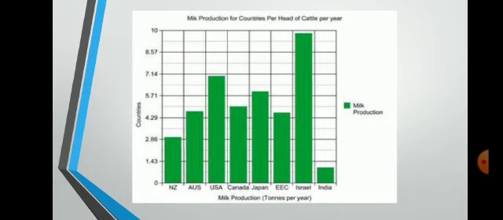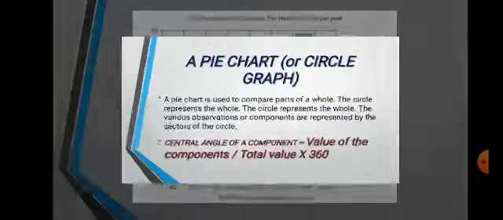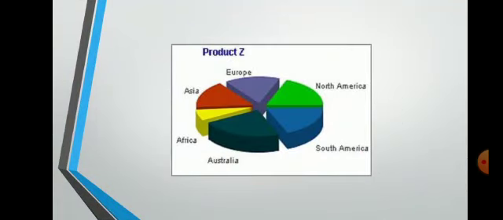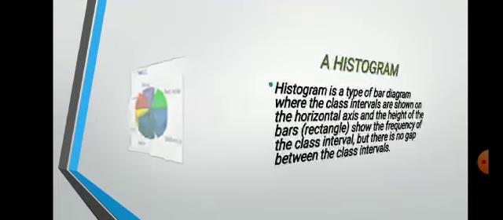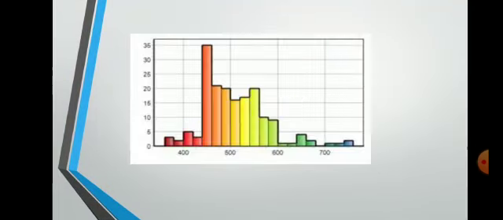And in a bar graph you have seen in the slide, there is equal spacing between the bars. That is the most important difference. You can see this is a bar graph, there is equal spacing between the bars. But how can you tell the difference between a histogram and a bar graph? In a histogram, there is no gap between the bars.